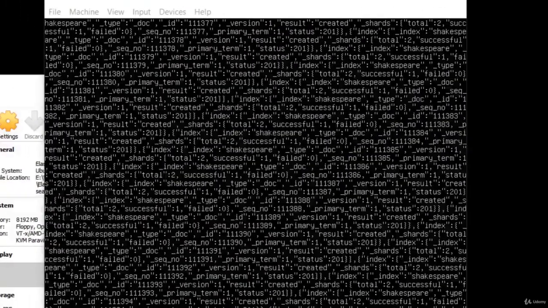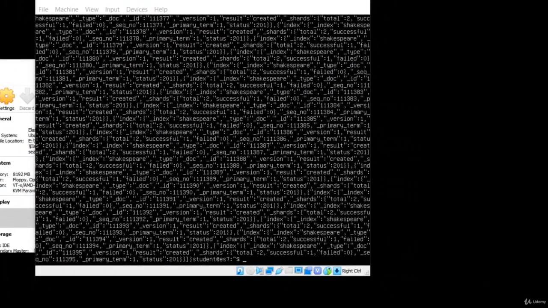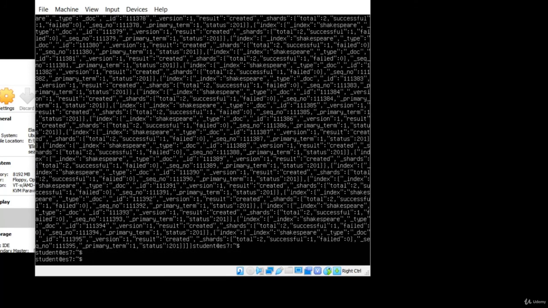All right, it took about 15 minutes for all that data to get indexed, but compared to the amount of time that it probably took William Shakespeare to write all of that, I guess that's nothing, right? Let's hit enter just to get a nice clean prompt back here. And let's get some payoff from all this work. We've done a lot so far today.